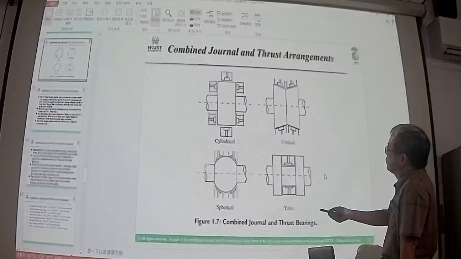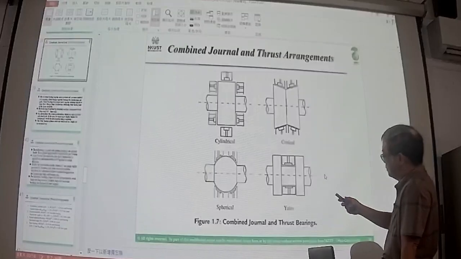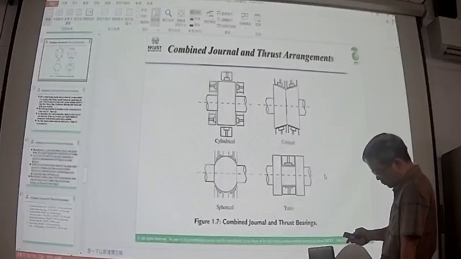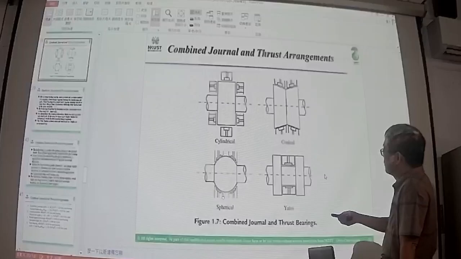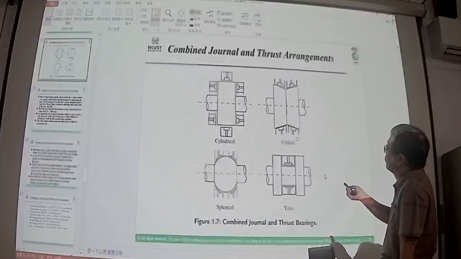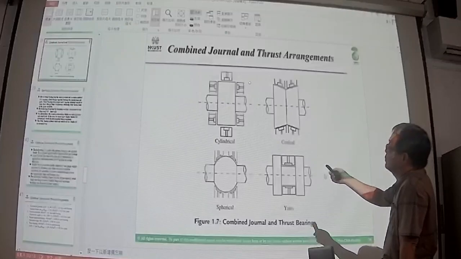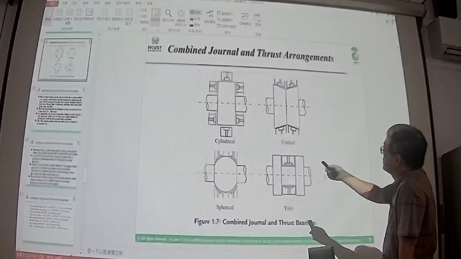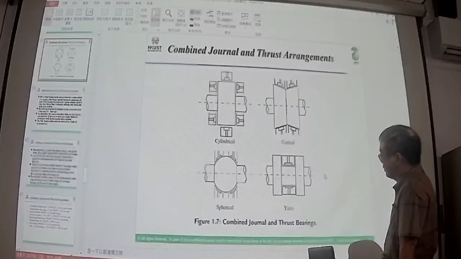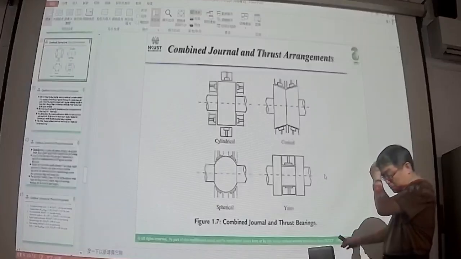Here we have the spherical bearing and the conical bearing as well. And this one is a thrust bearing, and these two are journal bearings. And this is a special bearing